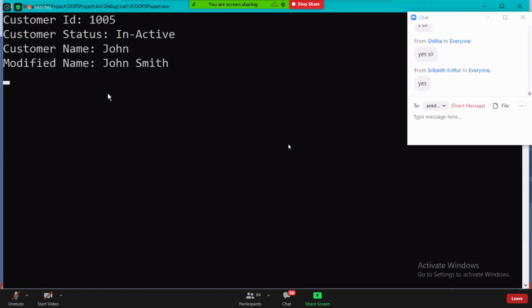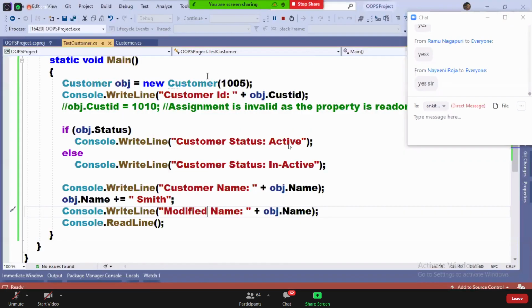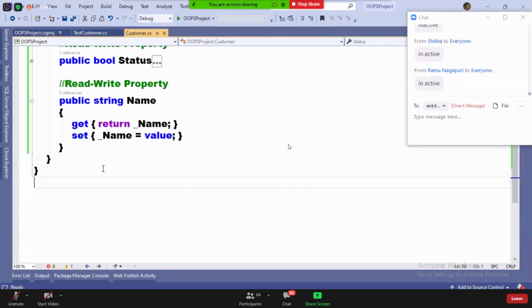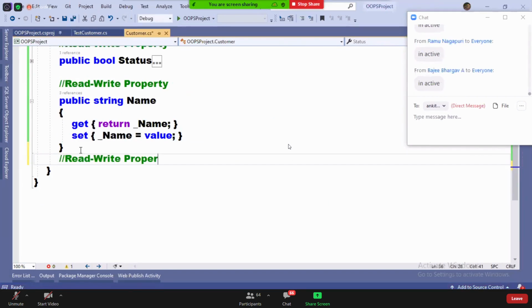Okay, now, but the problem is, what is the status? Status is inactive. Just a minute. I'm going to write a read-write property on balance also.